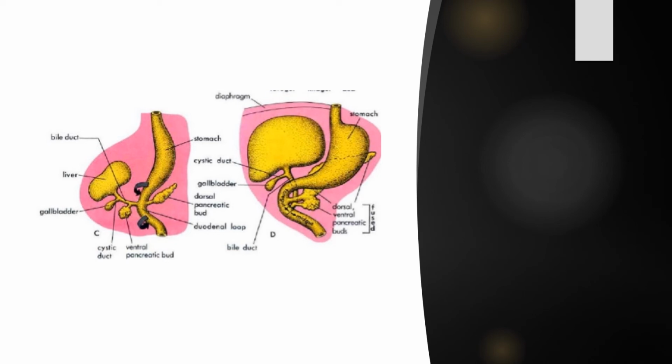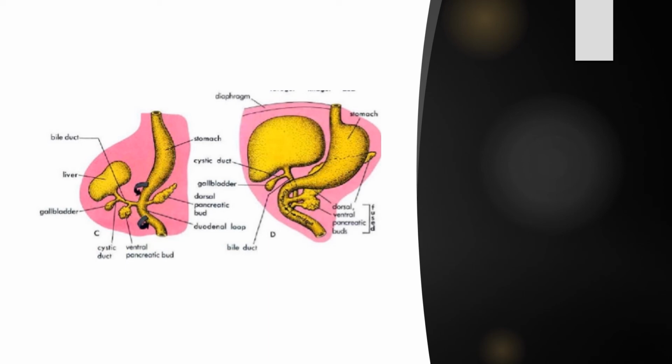Exactly, it is only a 2.5 centimeter part which is covered by peritoneum. The remaining part of the duodenum becomes non-peritoneal. Like this it is fixed over the dorsal body wall. This is seen in the fixation. And then the next one is axial rotation. That is our third phase.